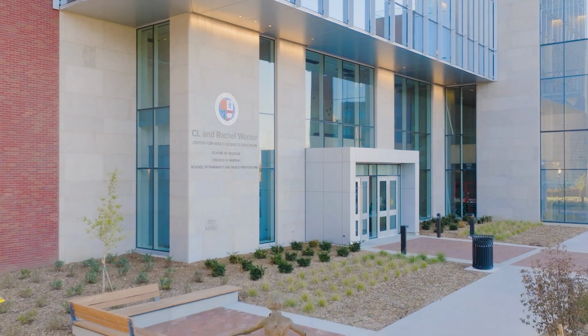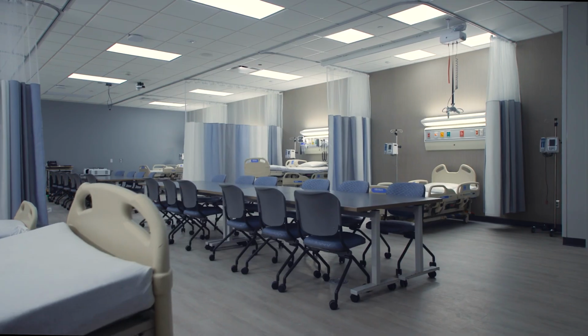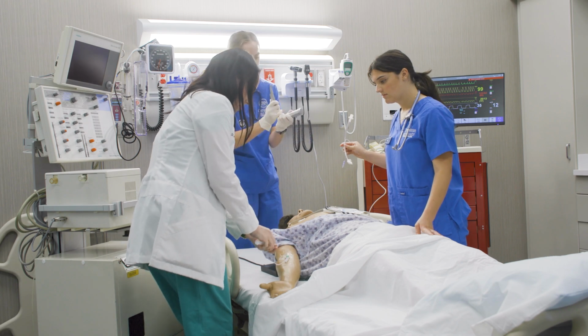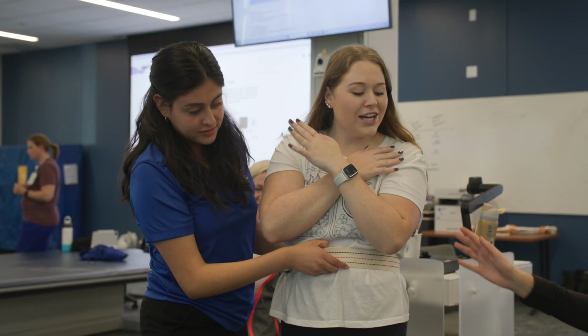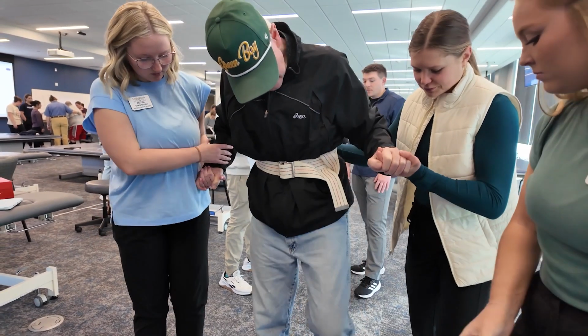Let's go. Located on the west end of campus, the 145,000 square foot Werner Center is one of our newest buildings on campus, where health sciences students come for classes and hands-on learning. In the classrooms, you'll find future doctors, nurses, paramedics, pharmacists, occupational therapists, physical therapists, and physician's assistants, all learning side